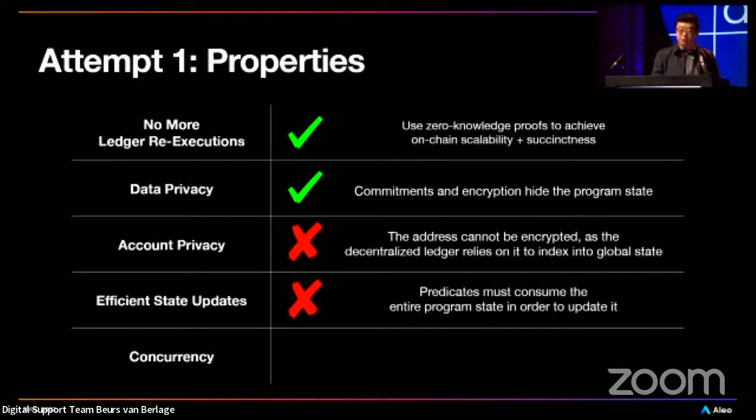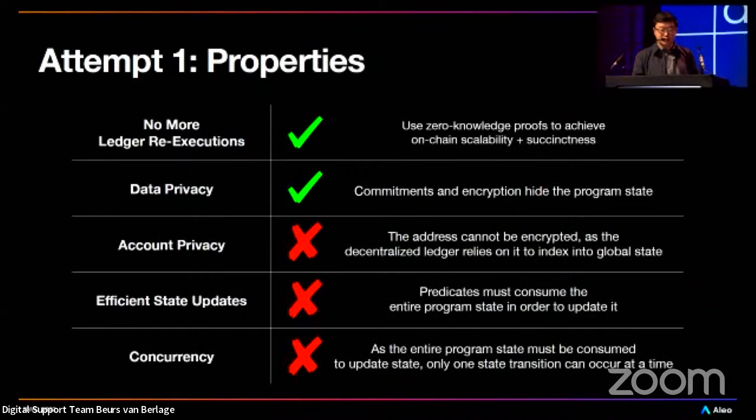And fourth, updating state requires consuming the entire program state. And so for large applications that are producing a proof attesting to the entire state of a program, this could be quite cost prohibitive. And this would mean that some users might not be able to run a program on a ledger in this design, which is also not great. And lastly, this design clearly does not support concurrency, as we had just shown on the previous slide. So the core problem with our attempt here really is that the entire program state needs to be consumed in order to update it.